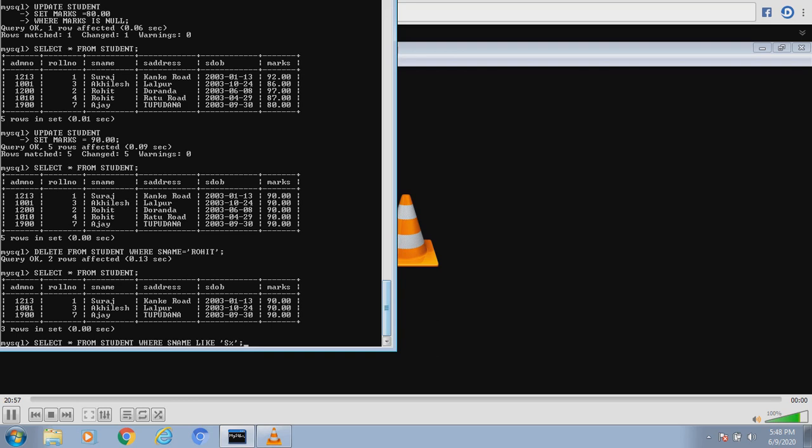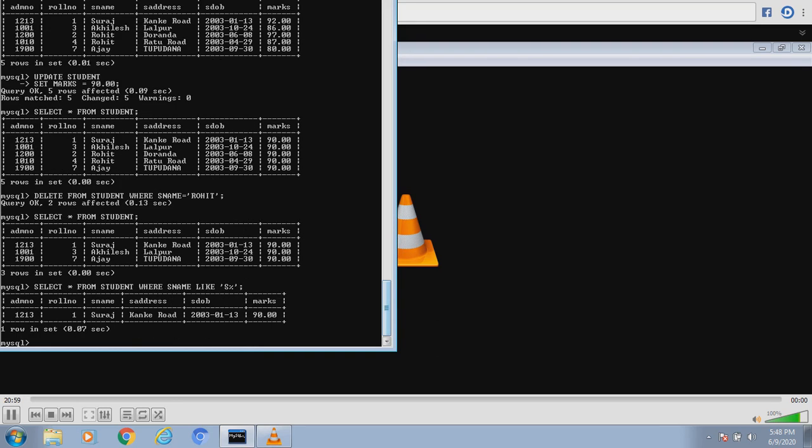See, Suraj is there because his name has started with S. Can we give a command to display the records or tuples where the name ends with, say, H? What we'll do is write percentage first and then H. If I write percentage first and then H, what does it mean?